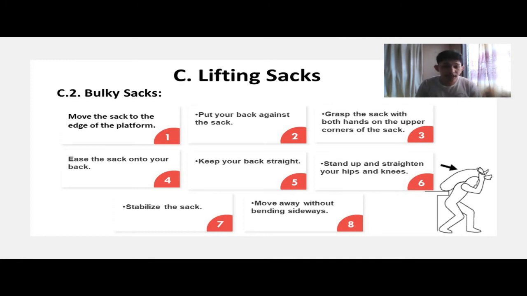So the number 7 is to stabilize the sack. In this part, you are finding the balance and carrying the load. So the 8th step is to move away without bending sideways. So you are now able to carry or lift a sack